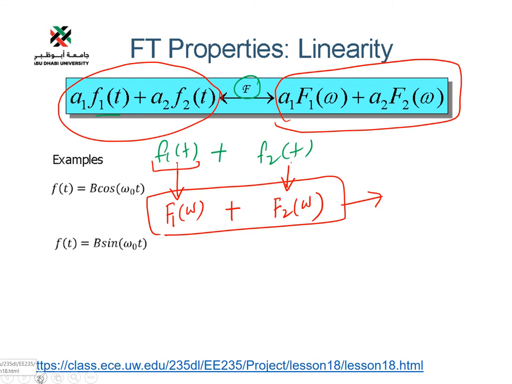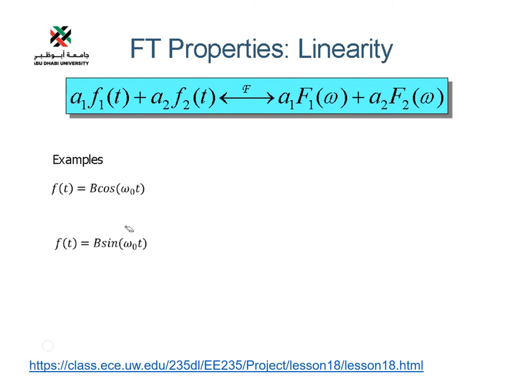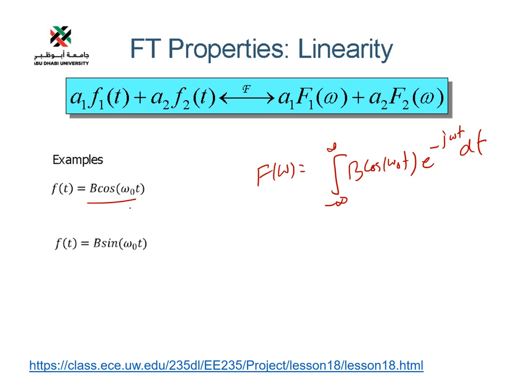Basically, the example I was discussing earlier, the cosine. If we have a cosine signal and use the analysis formula, we have to solve the integral of cosine of omega naught t times e to the power minus j omega t, dt. This is a complex integration, which is not good, and it's a time-consuming process. We will learn how, by using the linearity property, we can easily get the Fourier transform of this. I will solve this example during the live session.